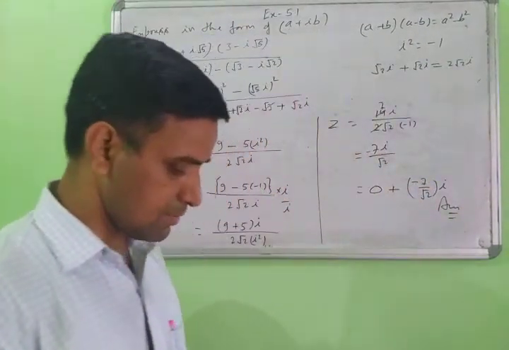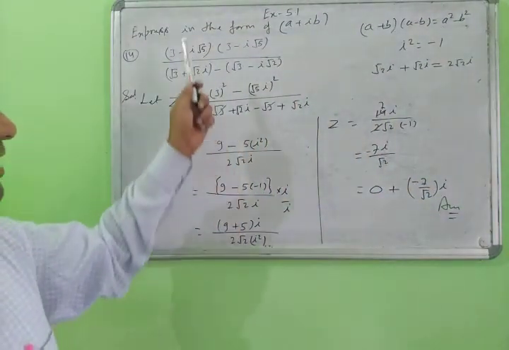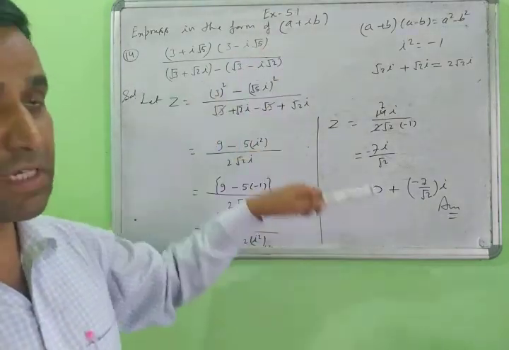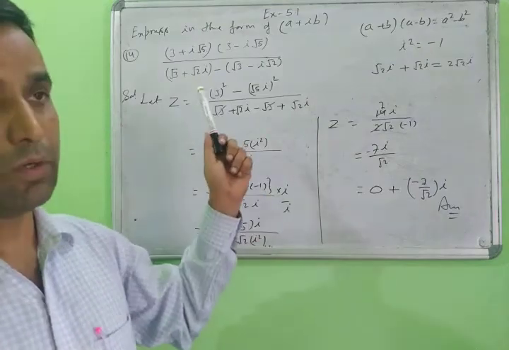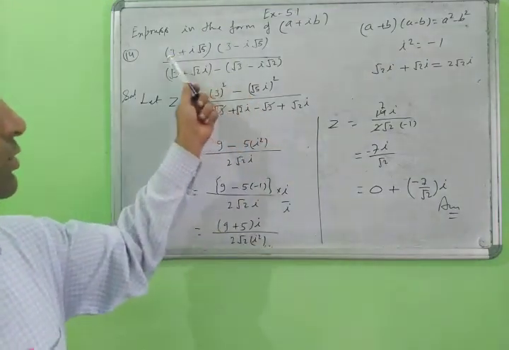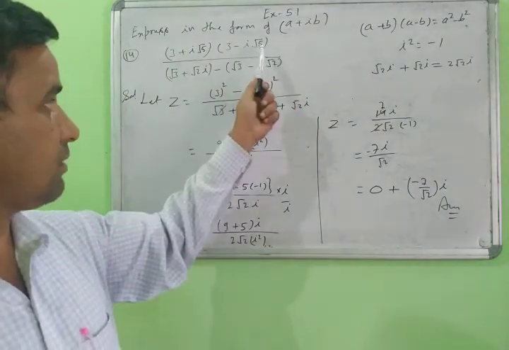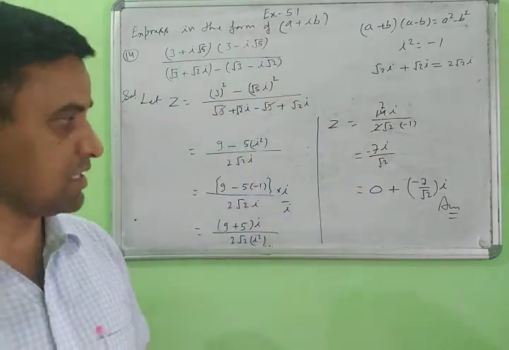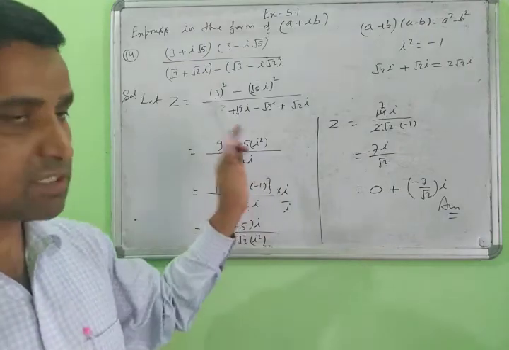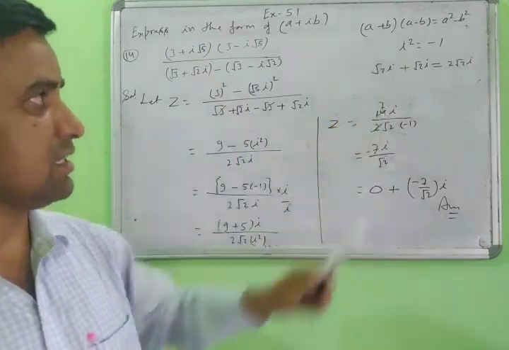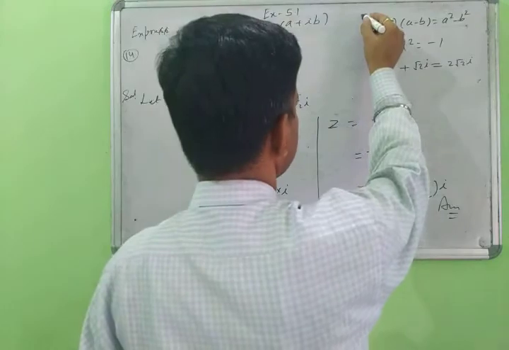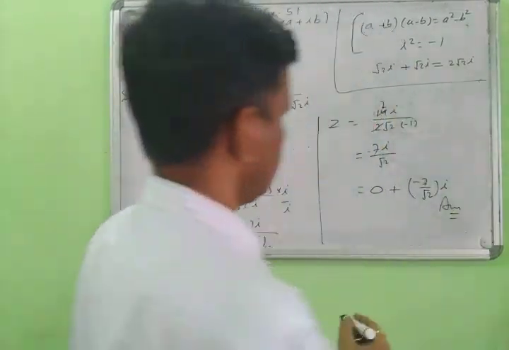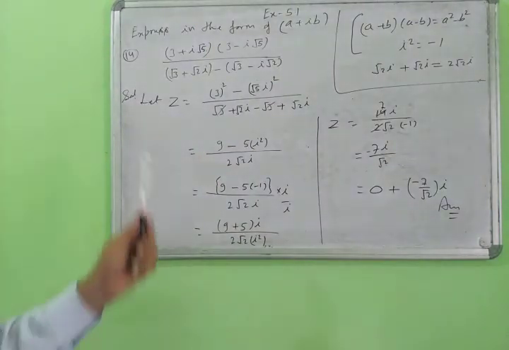Whenever a question comes in the fraction form and has to be converted into complex form, how to convert it? First you observe which identities are given and which are not. If no identity is given, then you simply multiply, calculate, and find the value of the complex number. This is very simple, but you have to learn the identities. You learn this and note it down. Then next.